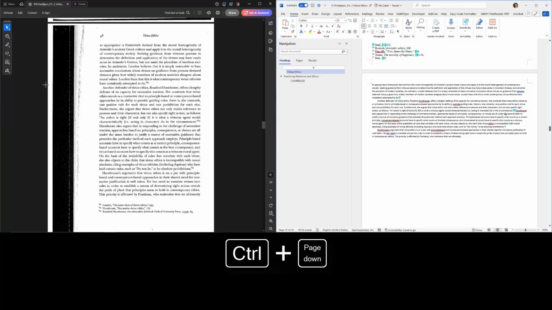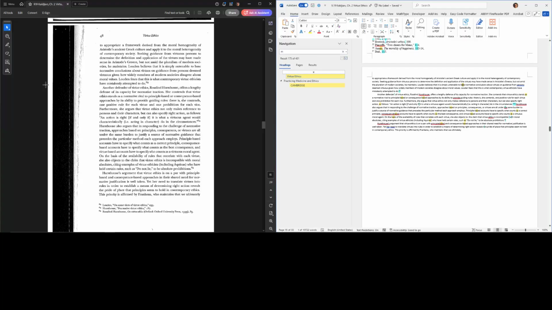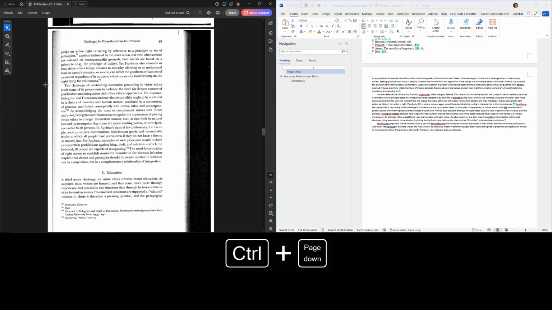Okay, so the one time that Microsoft Word throws a wrench into this is, I'm going to search for the word "as," and it's going to find 400 instances of "as." And let's say I don't want to search for "as" anymore. Microsoft Word thought it'd be so clever that Control Page Down after you search for something will then find the next instance of whatever you searched for.